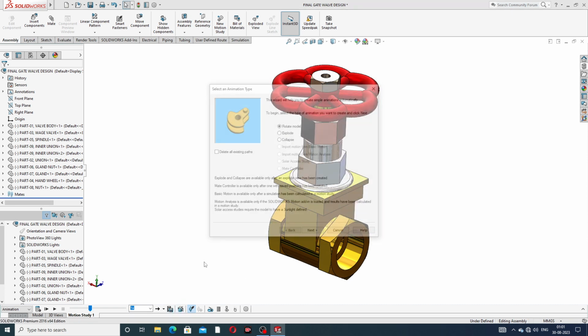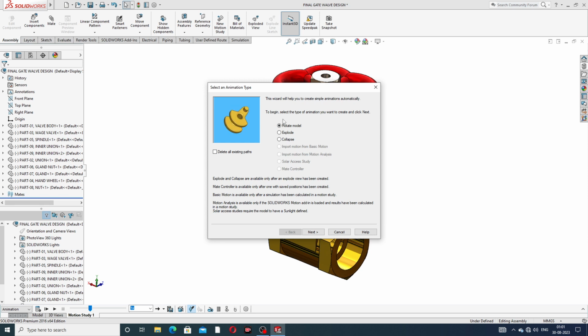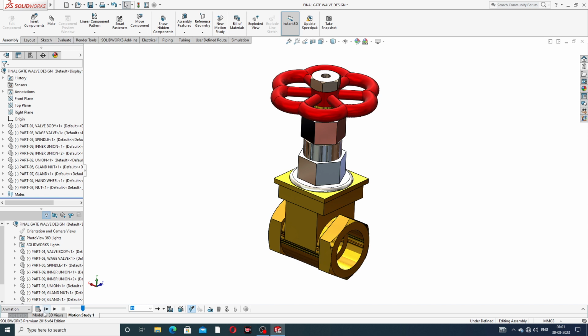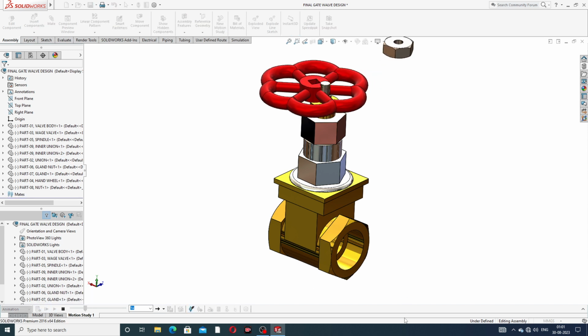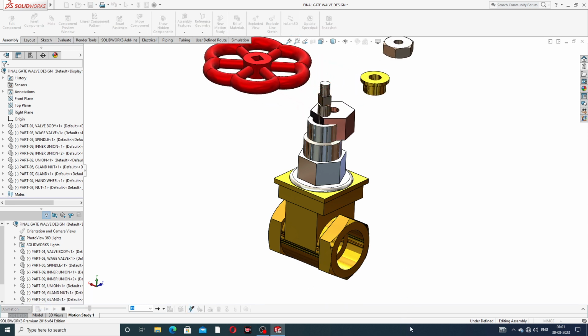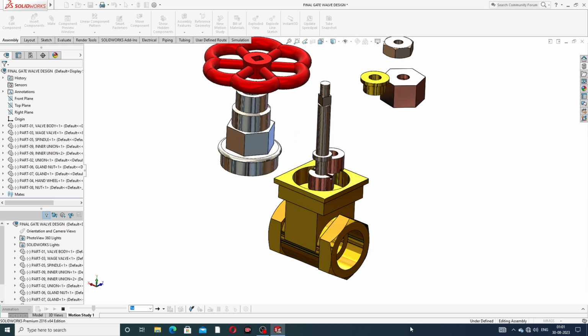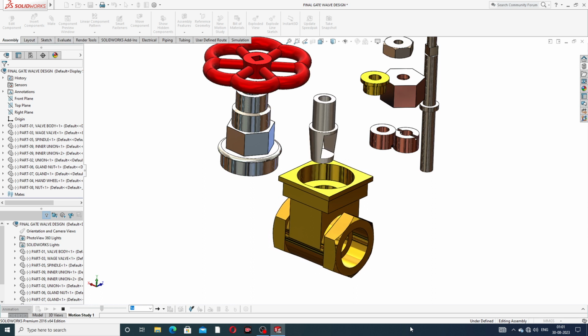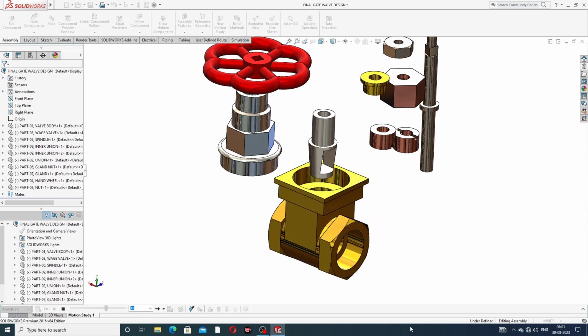Also apply animation type collapse, then click next, and the duration is 11, and this is 17, which is perfect, and click finish. Okay, and calculate this. This is perfect and correct, and all one by one is correct and perfect.